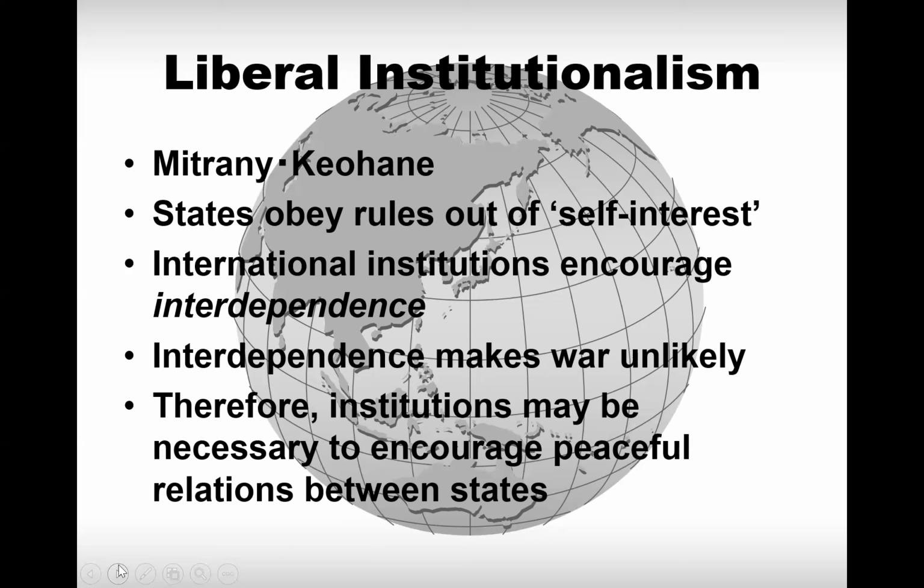So war is unlikely between the People's Republic of China, Japan, and the United States because their economies are interdependent and they trade with one another. However, war between the DPRK and Japan, or the DPRK and the United States, is possible and may be seen as likely because there is no interdependence. They do not rely upon one another.